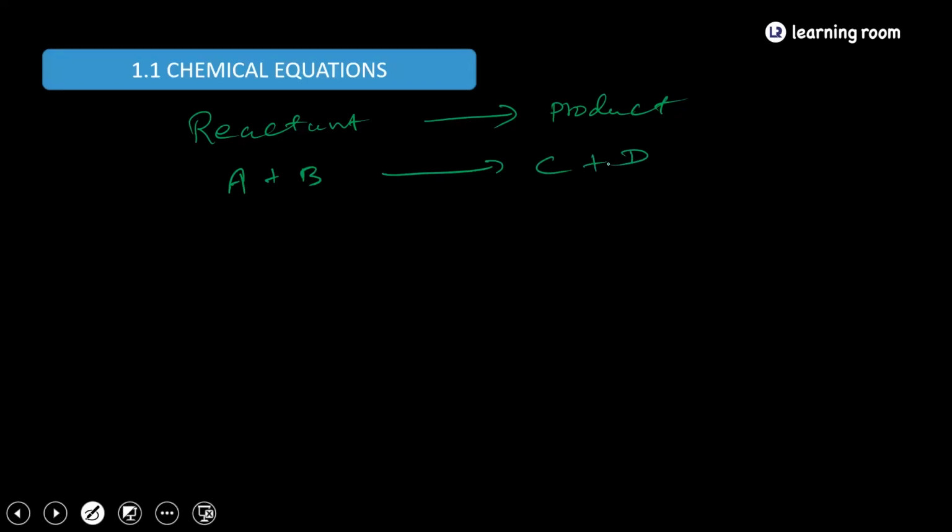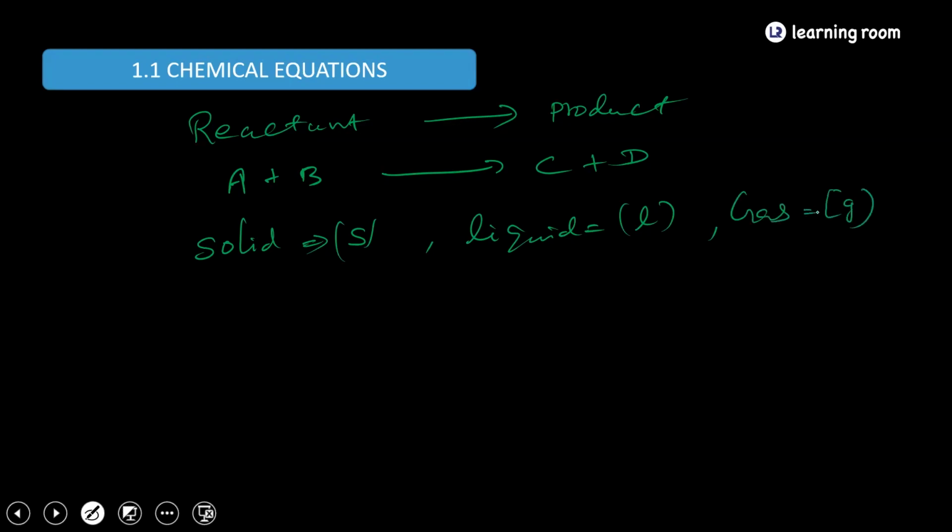Okay, and the other thing you should remember is the physical state of the reactant or product. What are the physical states? Solid, liquid, gas. Plasma you couldn't see through our eyes, so solid, liquid, gas only we can say. For the solid, it can be represented as S, if it is liquid, it can be represented as L, and if it is gas, it can be represented as G. Clear? Okay, and I am writing AQ, it's nothing but aqueous.